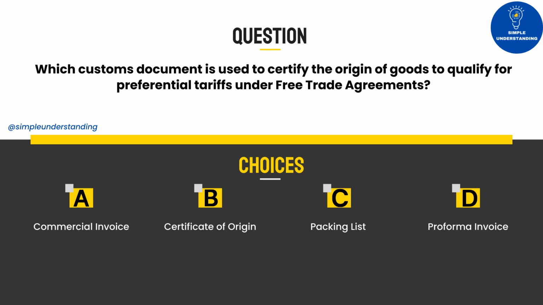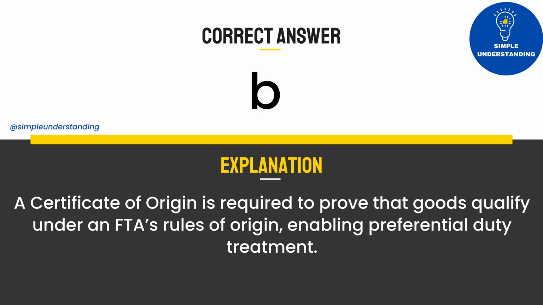A. Commercial invoice. B. Certificate of origin. C. Packing list. D. Proforma invoice. Correct answer. B. Certificate of origin. Explanation. A certificate of origin is required to prove that goods qualify under an FTA's rules of origin, enabling preferential duty